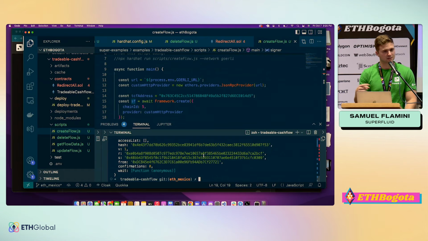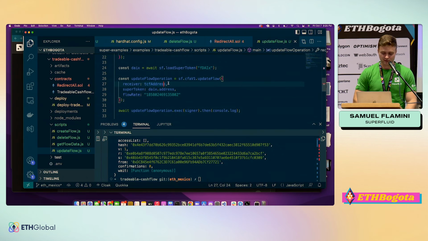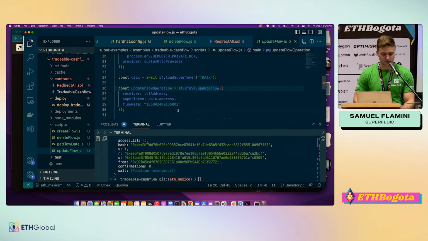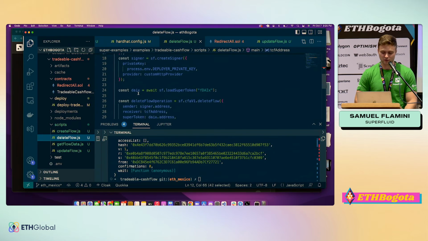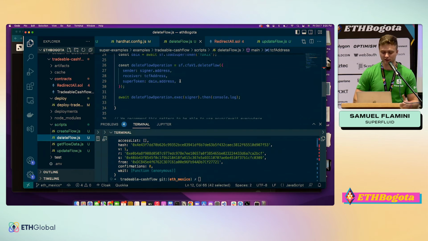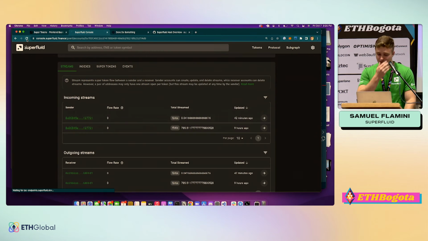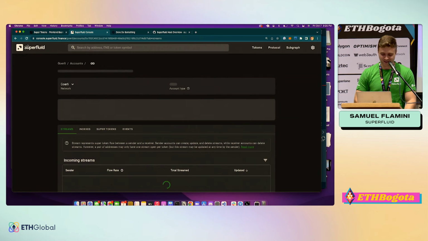In a couple of seconds, as soon as the transaction propagates, we'll go back and see what just happened inside that NFT contract. But again, if you want, we can go through the update examples. Instead of create, we're just calling update. And same thing, instead of create or update, we're calling delete here. The only difference in these functions is that the delete function doesn't need a flow rate, because there is no flow rate, we're just deleting. Okay, so let's refresh this. Again, prayers up to the internet gods, see if it works.